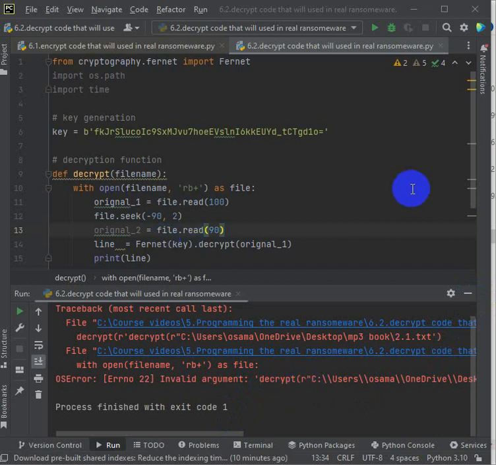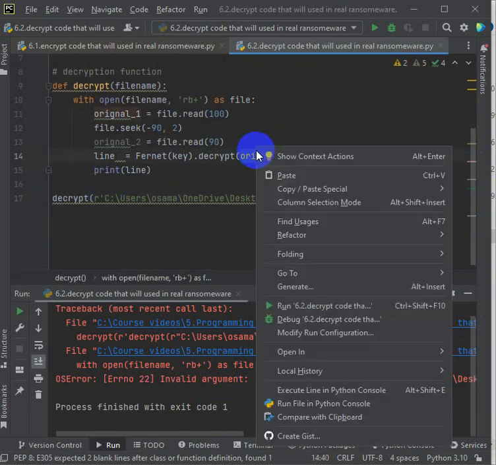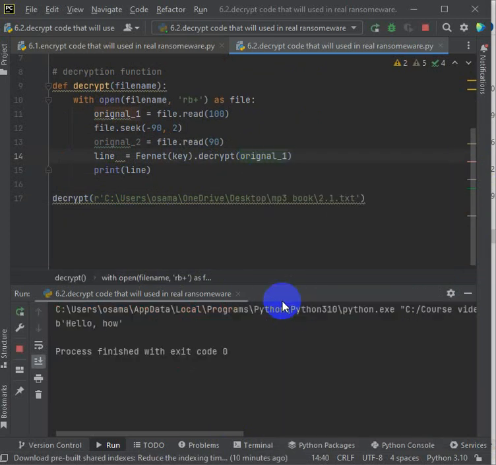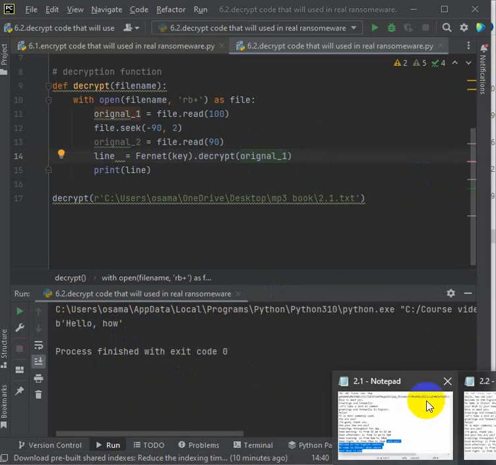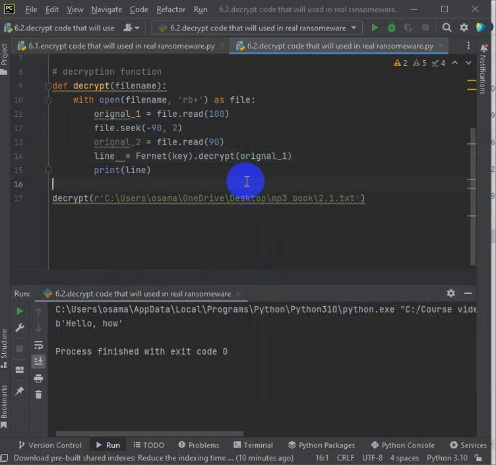Invalid argument. Here is okay. This is wrong. We should delete this. I'm sorry. Let's run again. Here is the first 100 characters in the encrypted file returned to their original form: hello how. Okay,